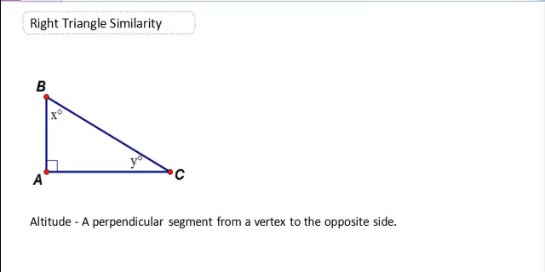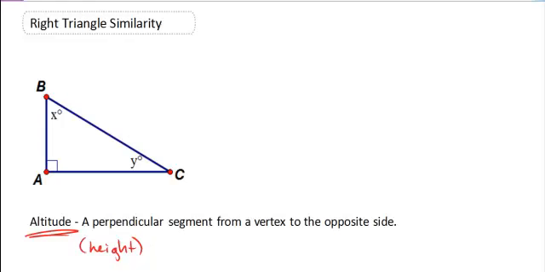Hello guys, I'm going to talk about right triangle similarity. Obviously we've talked about lots of similarity, but specifically I want to talk about something called the altitude, which a triangle has three different altitudes. Altitude is really just a fancy word for what we think of as height. The key to height, which I continually mention, is that it's a segment that's perpendicular to a